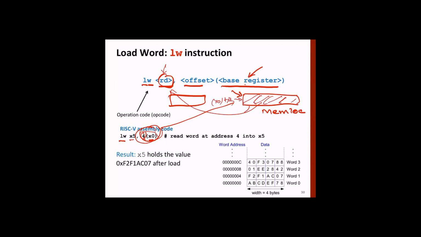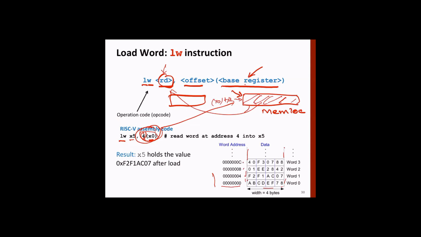So let's look at this example and then we'll close today's lecture. Okay, so this is memory. It's starting from 0, 0, 0, 0, 8 zeros and going up. So the first word is here starting at 0. This is the first word, this is the second word, third word, and fourth word.